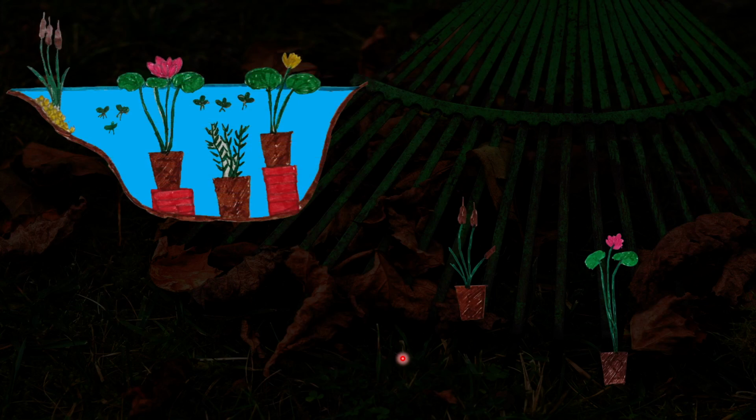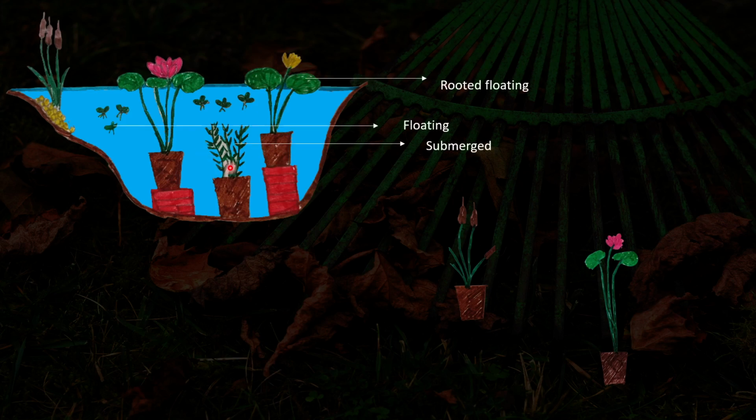This is an example to make you understand how a water garden can be made. So as you can see, this is a water garden. This is a rooted floating plant, right? This is a submerged plant completely in water. These are the floating plants, the very small ones like the azolla, right? And this is the marginal plant. As you can see, it is half in water and half above. Right, and the rooted floating ones are completely in water except the leaf and flower is out.